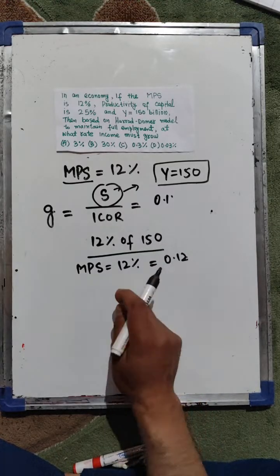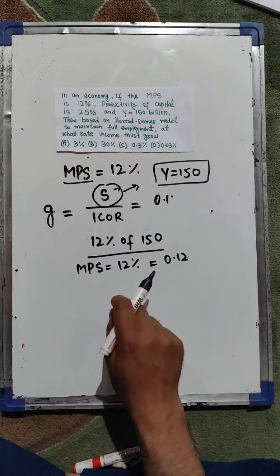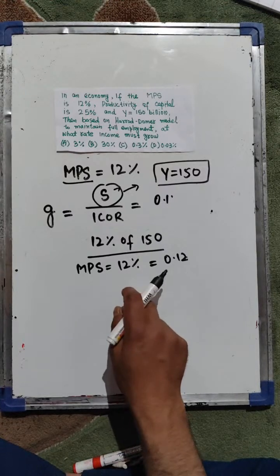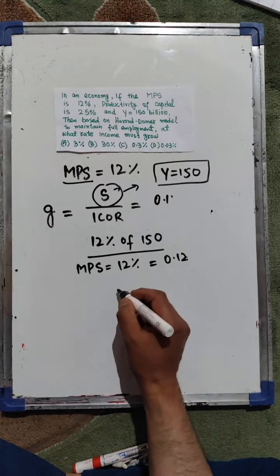Productivity of capital is 25%. Okay, so if productivity of capital is 25% and income is 150 billion, savings out of income divided by capital output ratio. Okay, if it is 25,